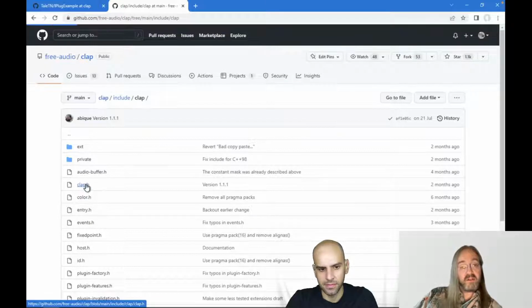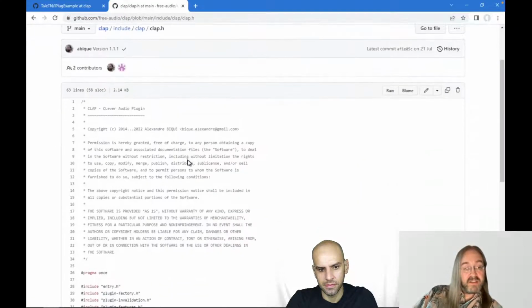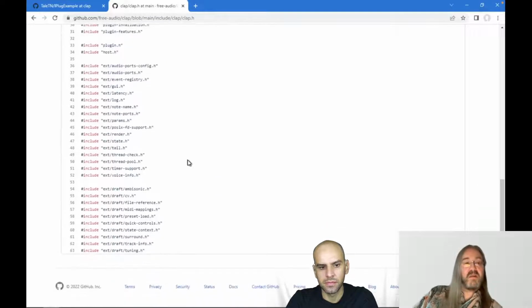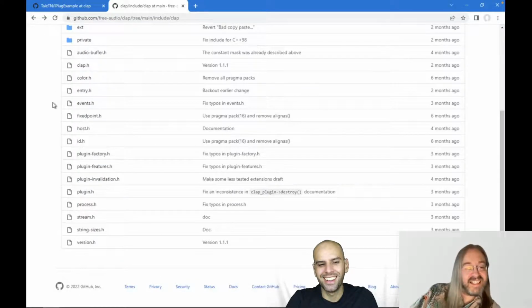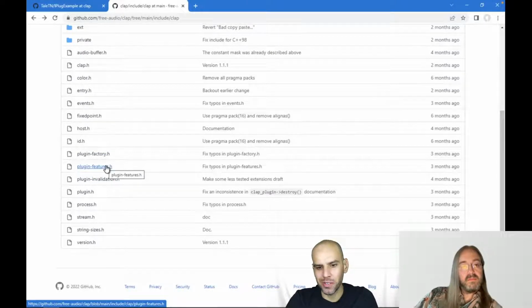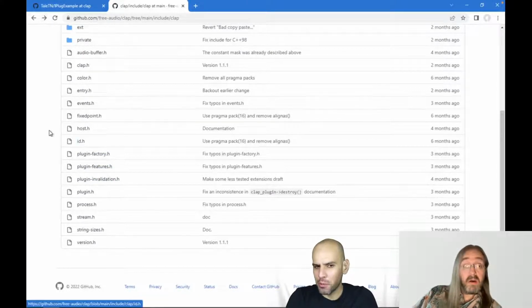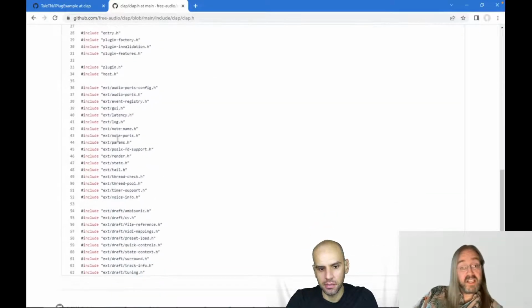So when we, for example, open the main header, there's some license stuff. Oh, there's not much here. This is not a good example. And I see that in that import, there are a bunch of extensions already. So they are sort of saying, you probably want to use these extensions at least. Oh, no, it includes all of them, actually. I'll show you. All of the extensions, and even the extensions that are still in draft, so they're not finalized yet, are included. Because it's just header files and structure definitions. There's no actual code in there, so there's no harm in including it.